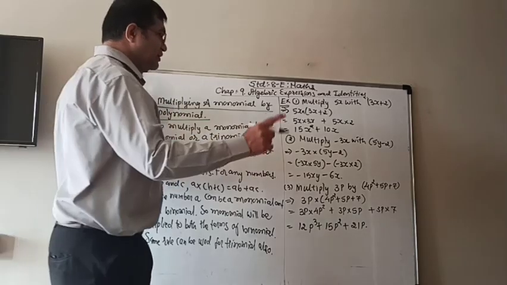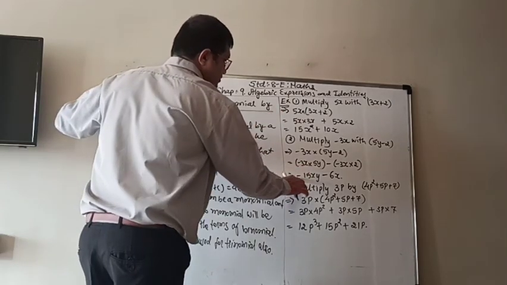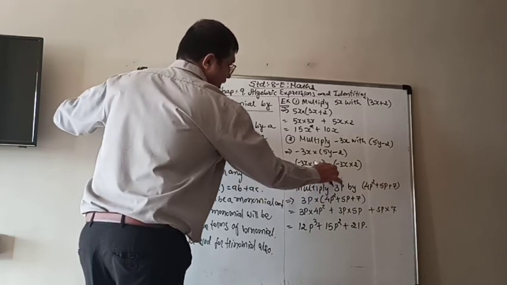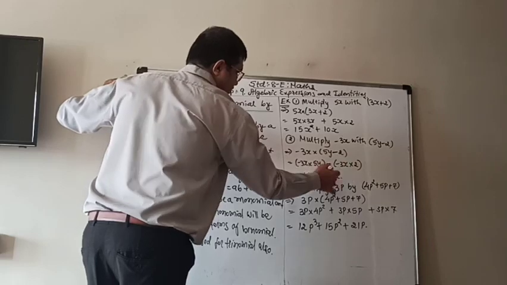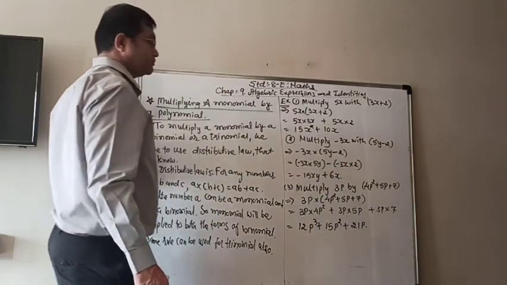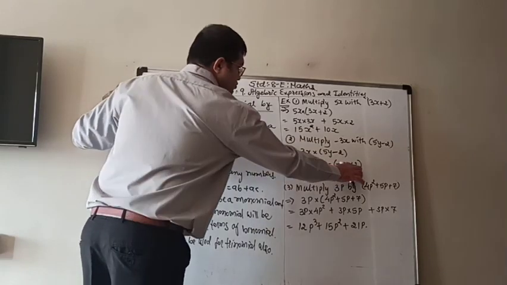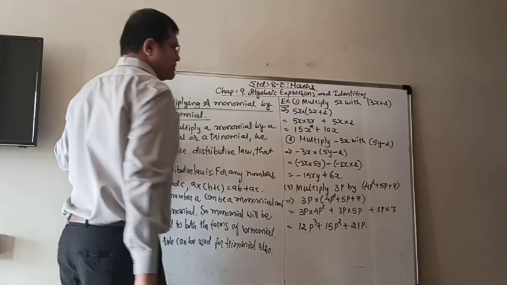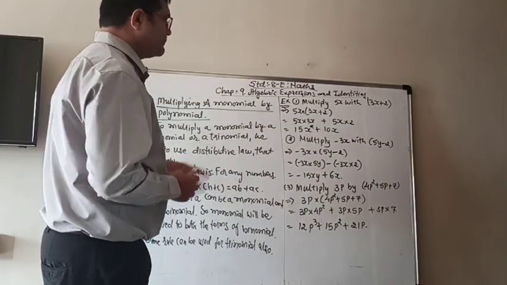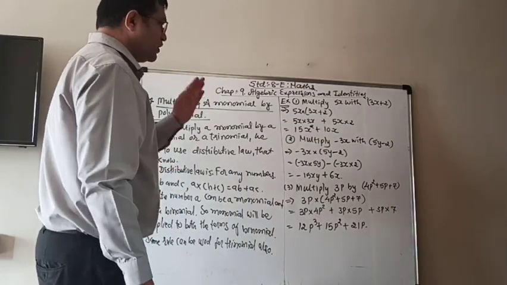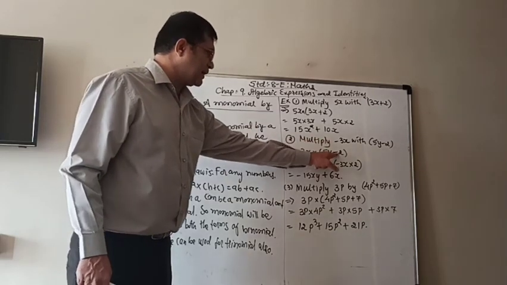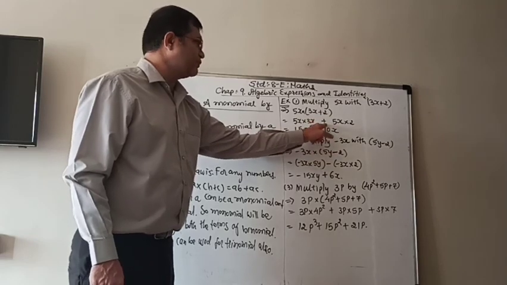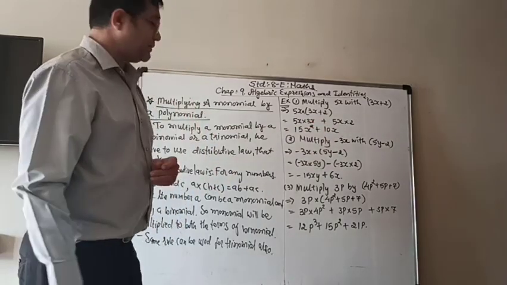So now the sign will be different, minus and plus. So minus 3 5s are 15xy. And here both are negative signs, so negative will become positive. And 3 2s are 6x. So the multiplication of that will be minus 15xy plus 6x. So whenever there is a negative sign, you will put a negative sign in the middle. If it is a positive sign, you will put a positive sign in the middle.